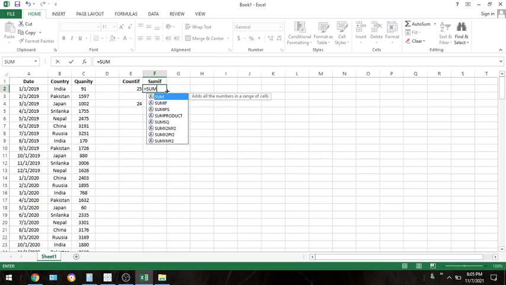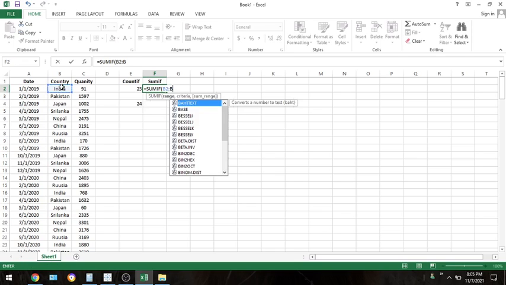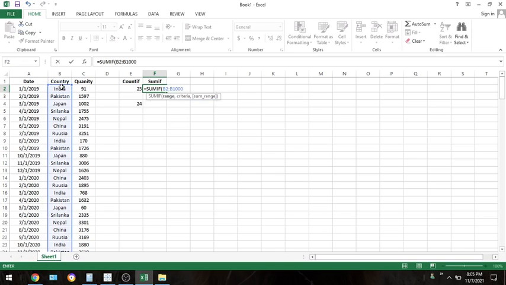Similarly, the SUMIF also is there. Now I want the range is again from here till I am looking for the 1000. The criteria, what criteria I want for India, for example. What is sum range? From which column you need to take the sum. This is the column where I need to take the sum, and it will go till 1000, right? So I'll close this. So you'll be getting this number.